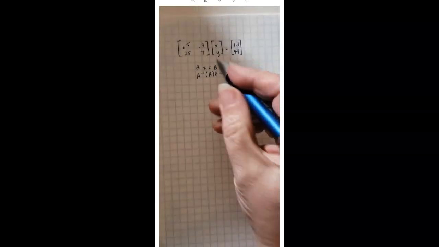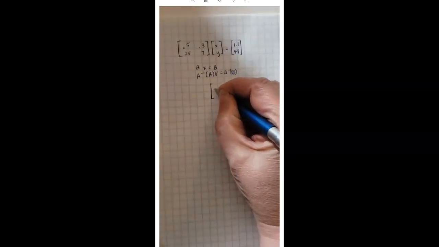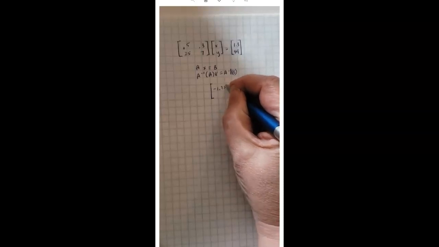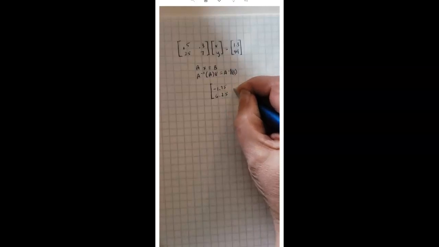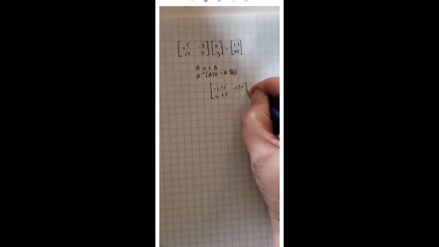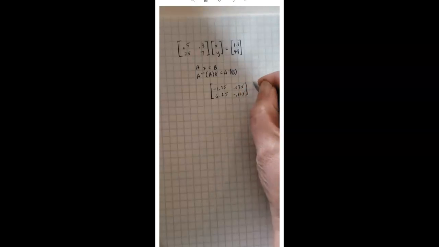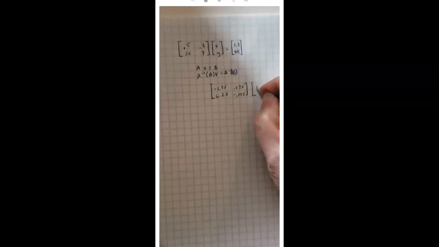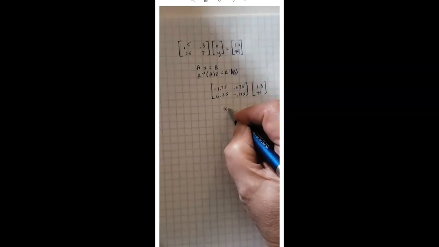So if I multiply the matrix inverse, negative 1.75, 6.25, 0.075 there, and negative 0.125, times the matrix 1.3 and 49, then I end up with the solution that